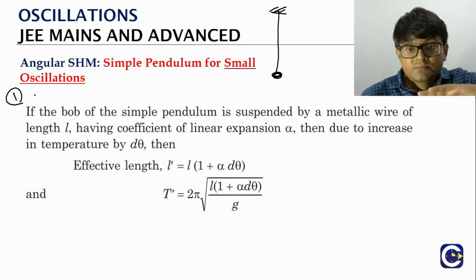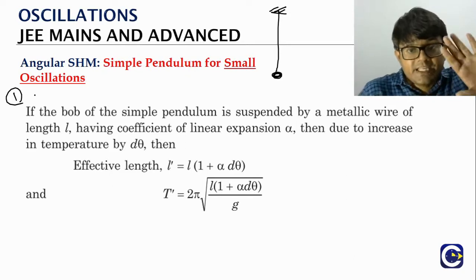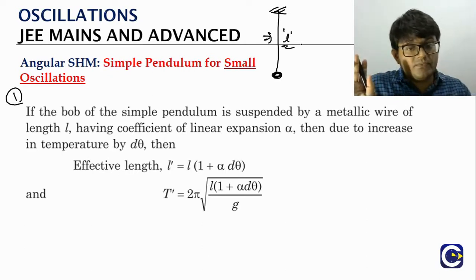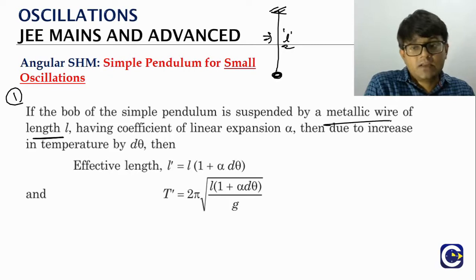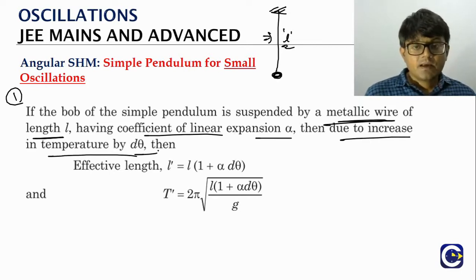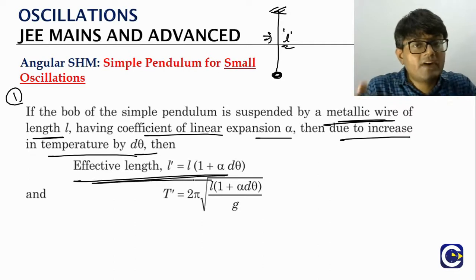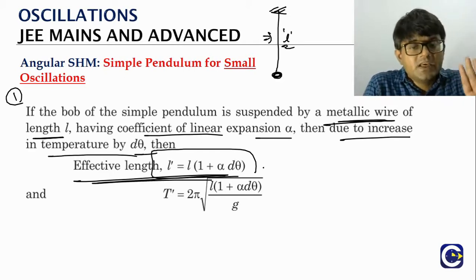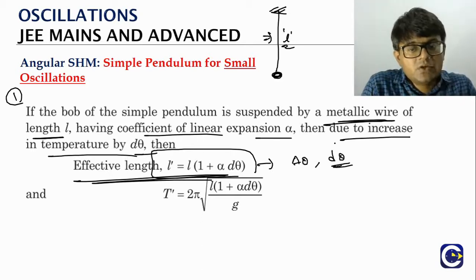If we can change the temperature, what is going to happen? The length of the wire can be changed. Say, for example, L is the length of the wire and the coefficient of linear expansion is alpha, and if we increase the temperature by d theta, then in thermal expansion we have seen the final length or effective length. What is the final length? L dash is equal to L into 1 plus alpha d theta. Here the temperature change we can express as d theta or delta theta. Generally we put the differential notation d to tell that it is a very small change in temperature.